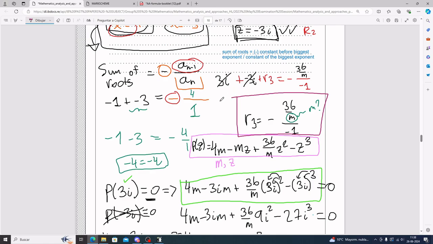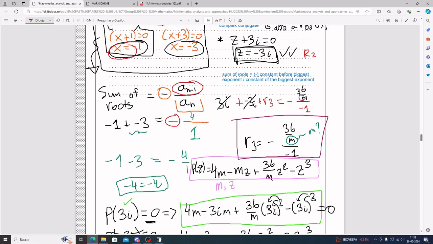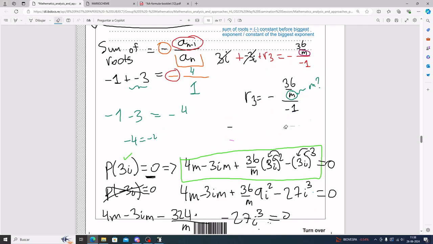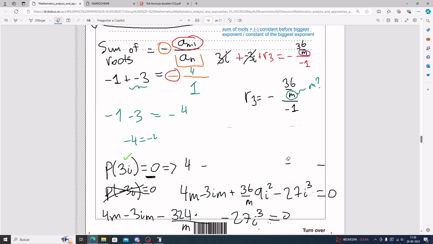We were trying to do the sum of roots, and it almost worked, just that we had an m going around. See? And so now that you can plug in 9 for m, we can solve for the last root and be done with this very exciting exercise. And so your last root is going to be negative 36 divided by 9 divided by